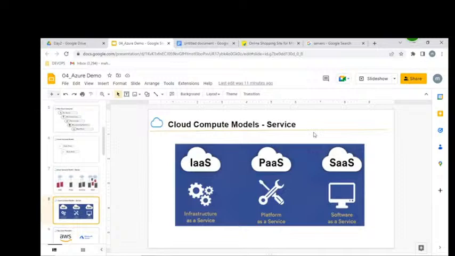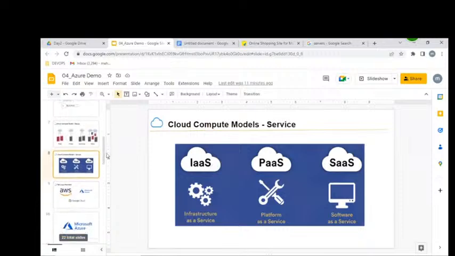Service models. Totally we have three service models: SaaS, PaaS, and IaaS. SaaS means what? Software as a service. We have already built software, like any app kind of applications, or Microsoft kind of applications, SAP kind of applications, or an application we already built.